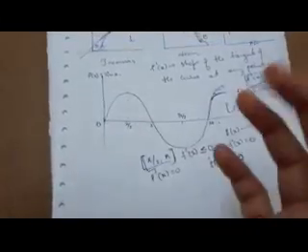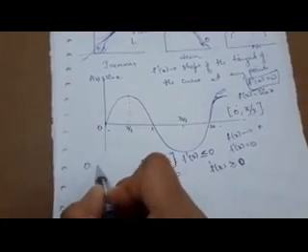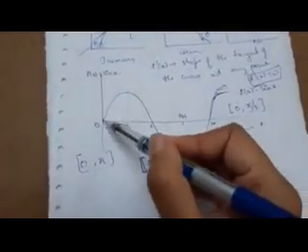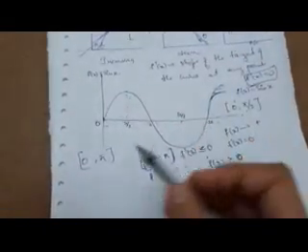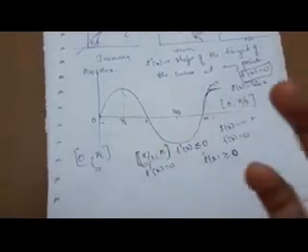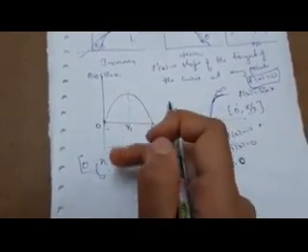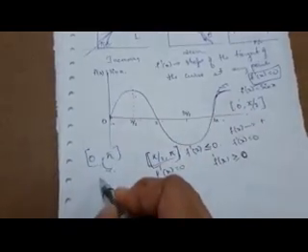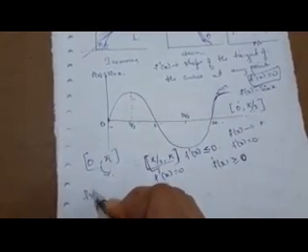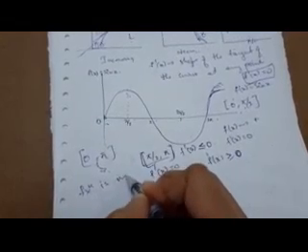Till now I am talking about the interval from 0 to pi by 2, pi by 2 to 3 pi by 2, then 3 pi by 2 to 2 pi. Suppose I consider the interval from 0 to pi and ask whether the sine function is an increasing or decreasing function. From 0 to pi by 2 the function is increasing, from pi by 2 to pi the function is decreasing. In this case, when in the given interval the function is increasing as well as decreasing, at that time we write the given function is neither increasing